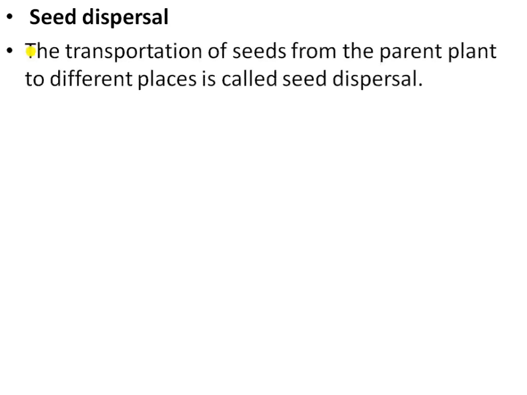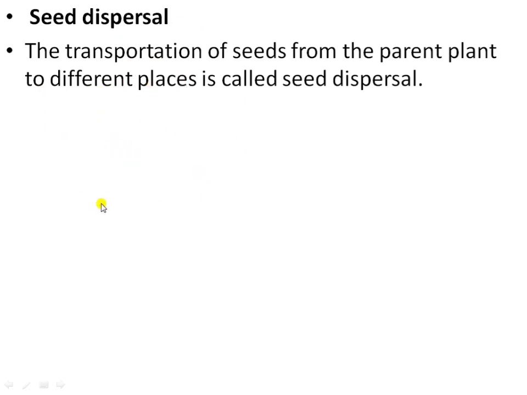Here, seed dispersal means to disperse the seed. The transportation of seed from the parent plant to different places is called seed dispersal, or the scattering of seed. Seed dispersal is very important, because if all the seeds fall at the same place close to the